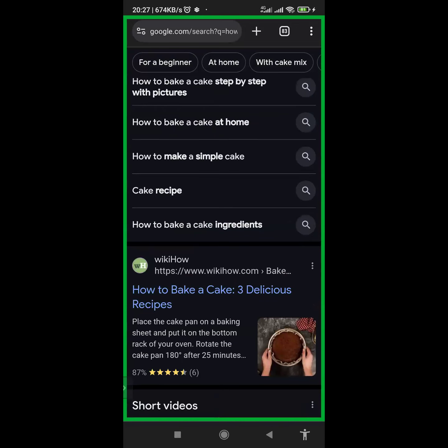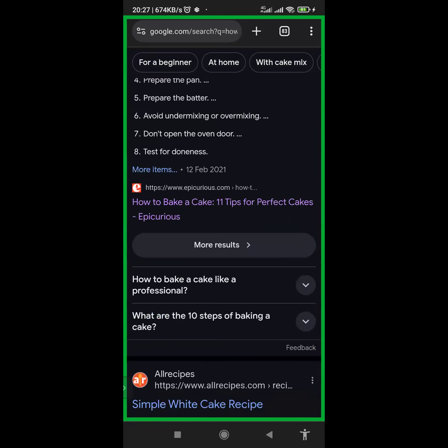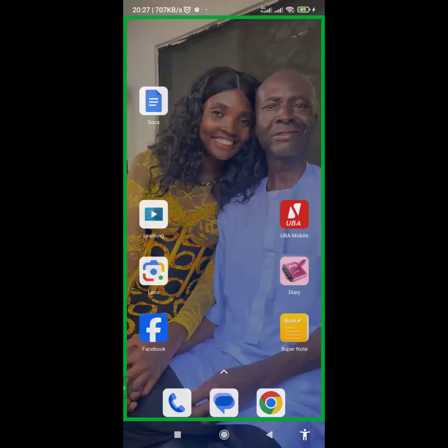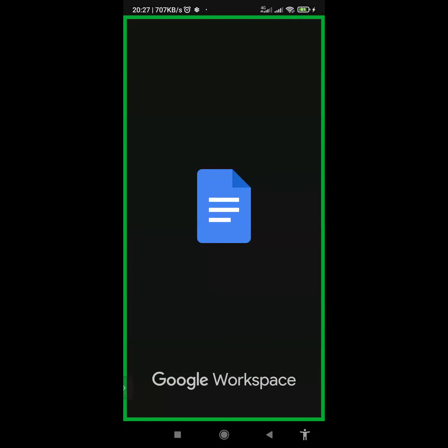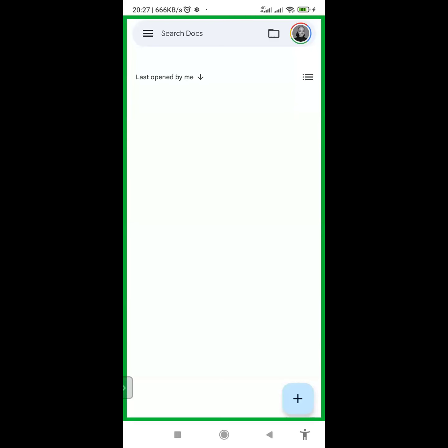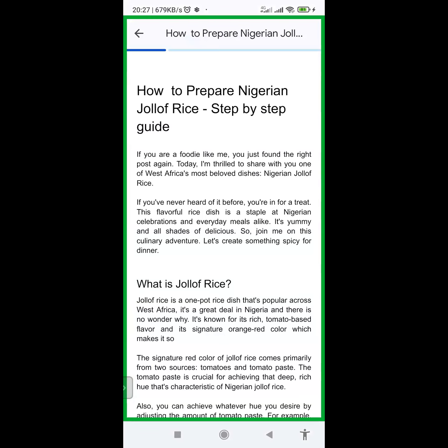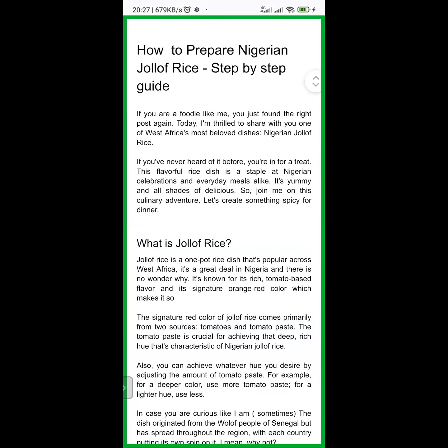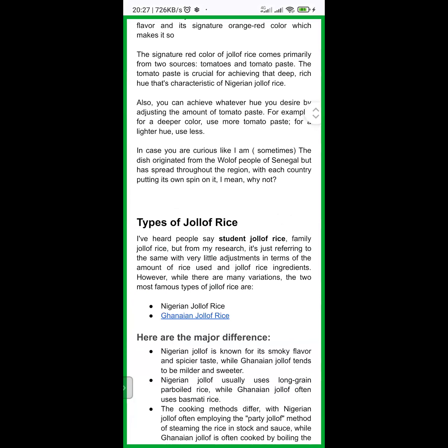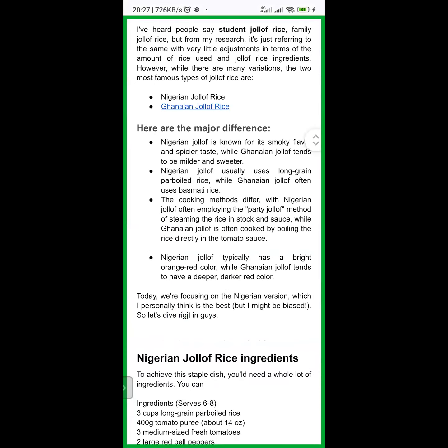At the end, you want to optimize it. I think this class doesn't cover optimization, but you want to optimize your content, ensure it has different headings, H1, H2 headings, include your internal and external links. I'm not going into that because Mr. Richard will take us through. So that's more like